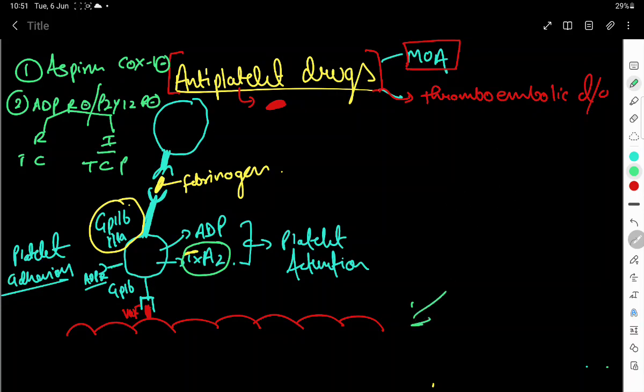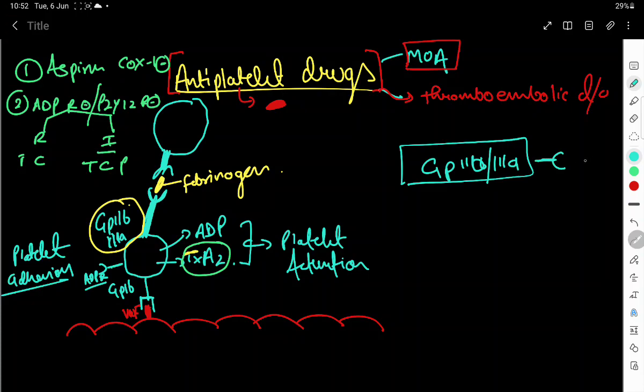So now let's talk about the third class of drug, which is easy to understand, and we already know a little bit about them: the GP2B3A inhibitors. We know these help in cross-linking of the platelet molecules via fibrinogen. So blocking this will block platelet aggregation. Okay, so somehow we are blocking the aggregation of platelets, and these drugs include three, and we need to remember